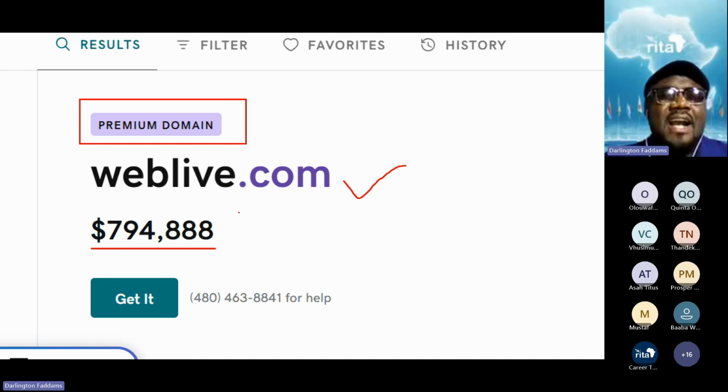Once they find a good name that nobody has registered, they register and sell. And once they get one sale, they've made a lot of money. This is too much. I mean, $700,000.